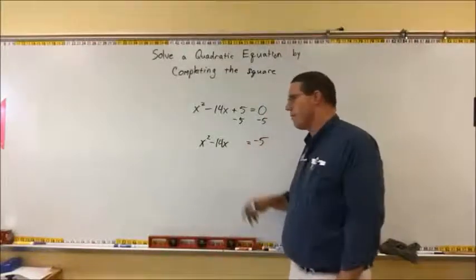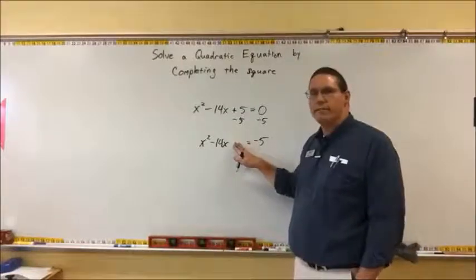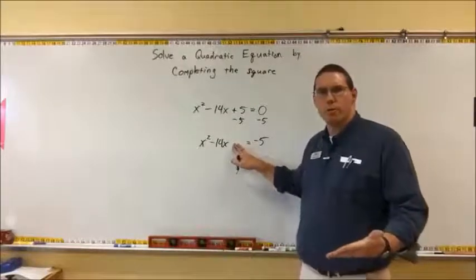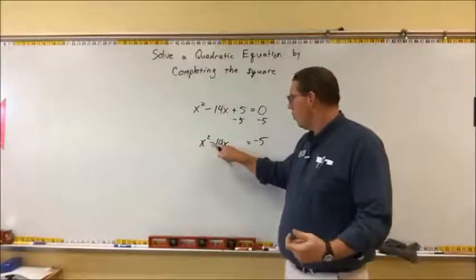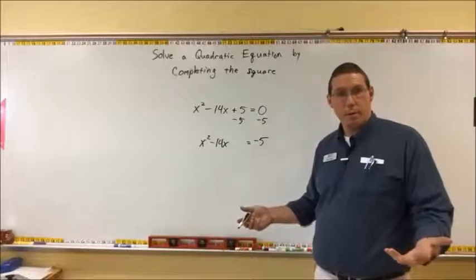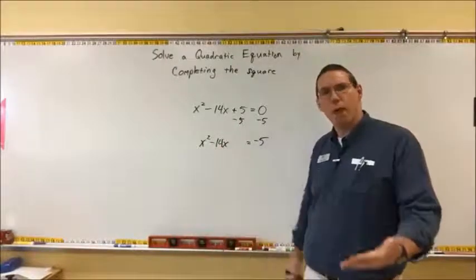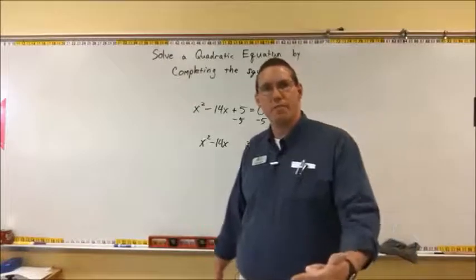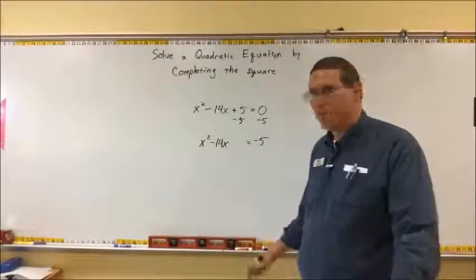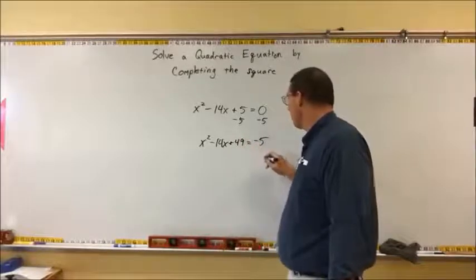And you'll note I left some space here. Now what would you like to be here in order to do a binomial squared? Well, what's half of negative 14? Negative 7, right? Okay, so because we divide this by 2, you get negative 7. If we square that, what's negative 7 times negative 7? 49, positive 49. So we're going to put a plus 49 here, and if we put a plus 49 there,